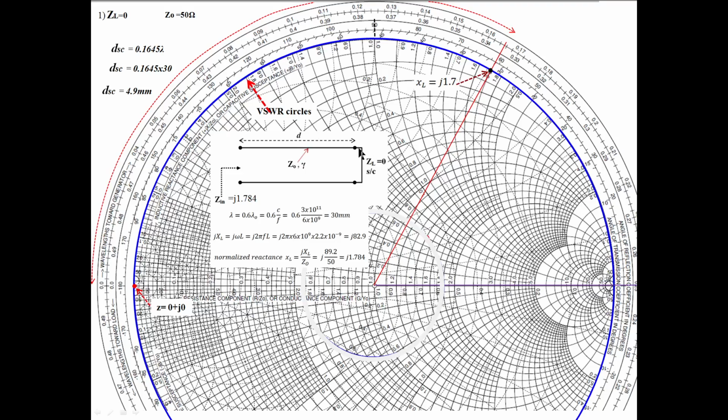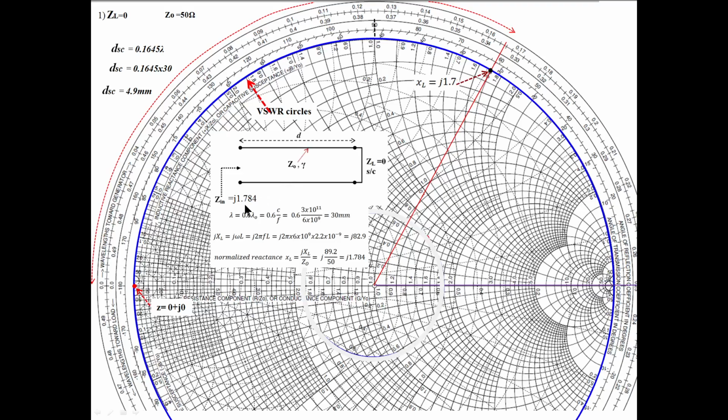Okay, so start from the load point. Starting from the load point, you move on the VSWR circle. This is our VSWR circle. Go on moving like this. Whenever you find your reactance value, this reactance 1.784 that we need, you stop, because R is 0 anyway. We are moving on the VSWR circle. Here R is 0 only. Only reactance changes. See, it is 0.5, 0.6, 0.7, 0.8, 0.9. This is 1, reactance is 1 here.